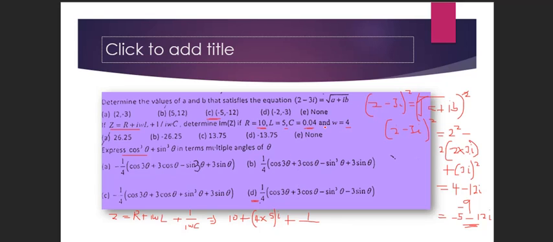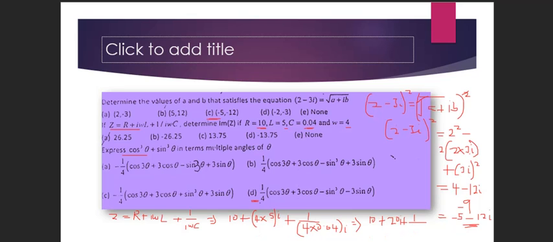W is 4, multiplied by our C. C is 0.04, and then all multiplying i. When you simplify this further, we end up with 10, plus 4 times 5, that's 20, plus 20i, plus 1 over,